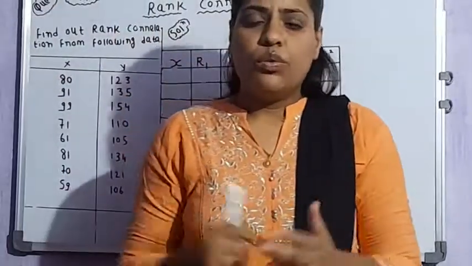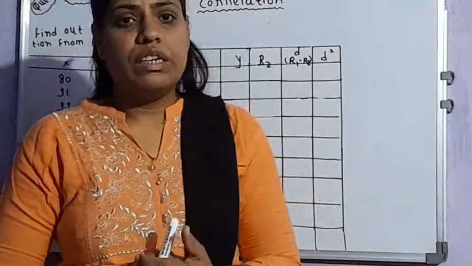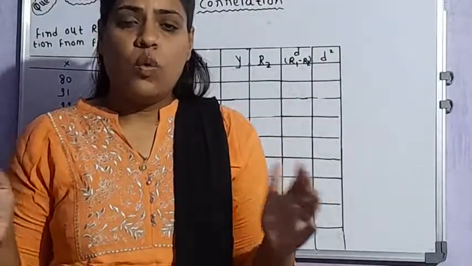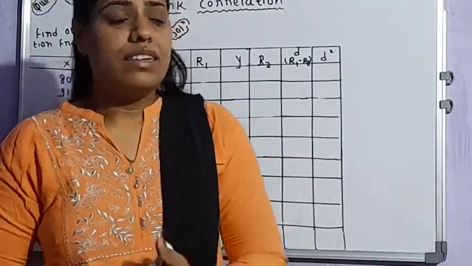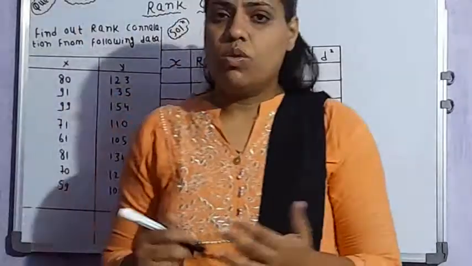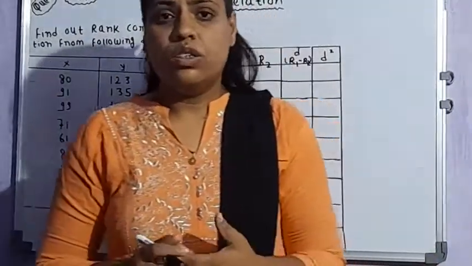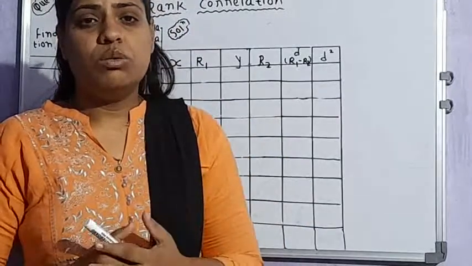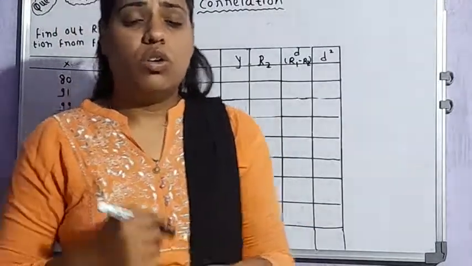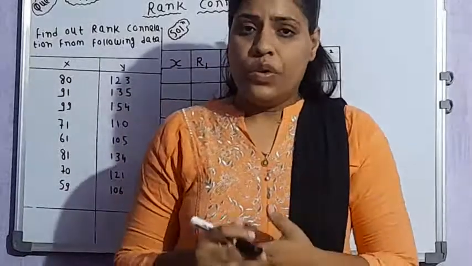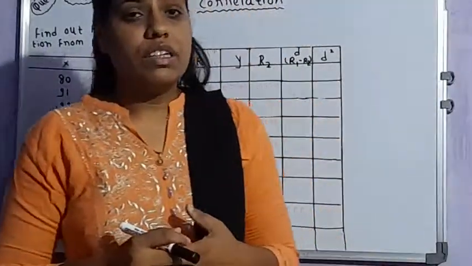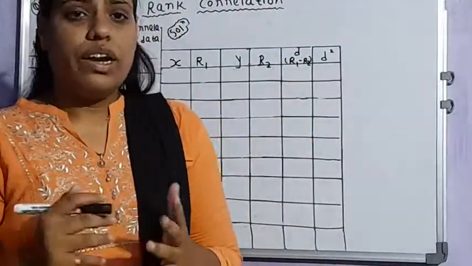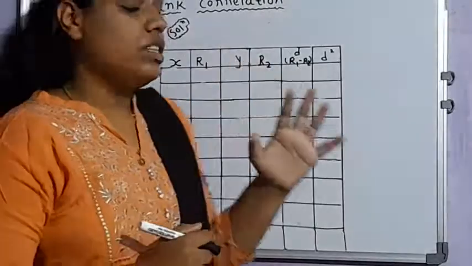So, here we are dealing with our first unit, correlation analysis, and under this we are dealing with our second part, that is rank correlation, also known as Spearman's correlation coefficient. In the previous lecture I explained the meaning of rank correlation, or why it's called rank correlation, and we started with the numericals. So we are dealing with type 1 under this.